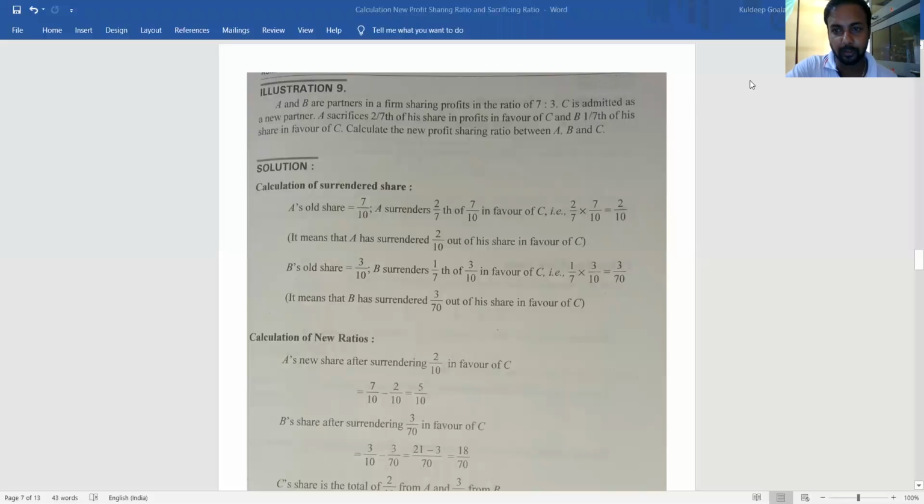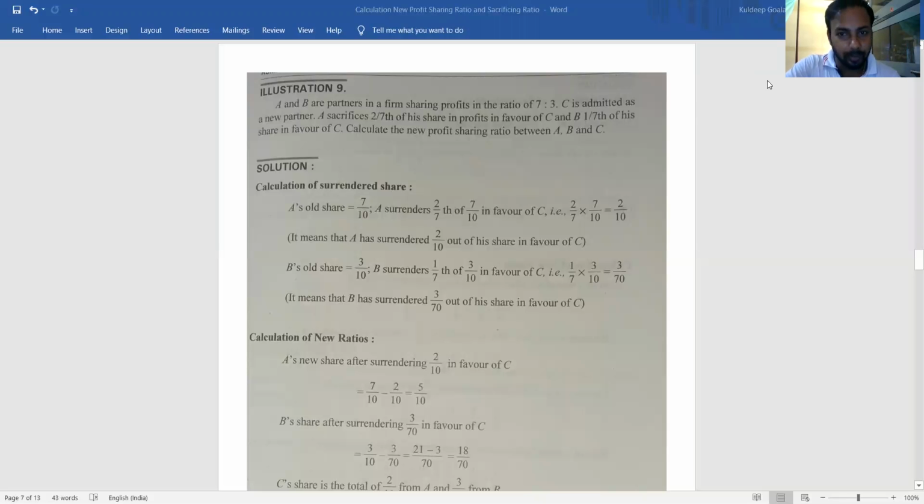And today we are going to continue with admission of partner. As I have already told you in the previous class, today we will be continuing with the calculation of new profit sharing ratio. Along with that, we are going to learn about the premium for goodwill also, right? So, as I'm going to share the screen, you just try to understand what we have done and how we are going to relate today's question also with the previous day, right?